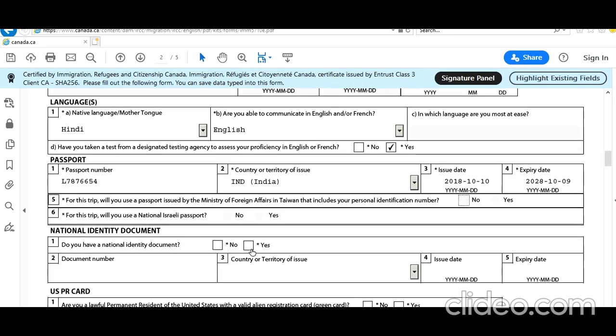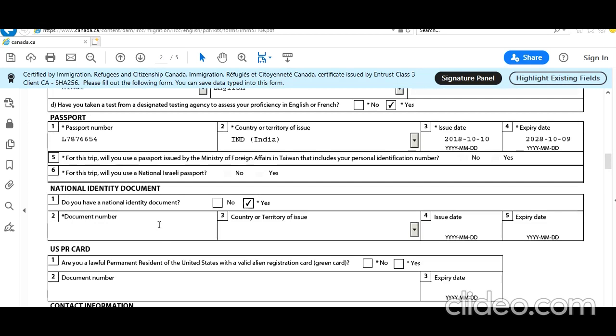Okay, national ID document. This question is asked in various forms. When I applied for the first time to IRCC for a work permit, I used my Indian PAN card, and it was accepted. These are just sample entries, it's not my PAN card number, don't mistake it for that. And the good thing is that issue date and expiry date are not mandatory.